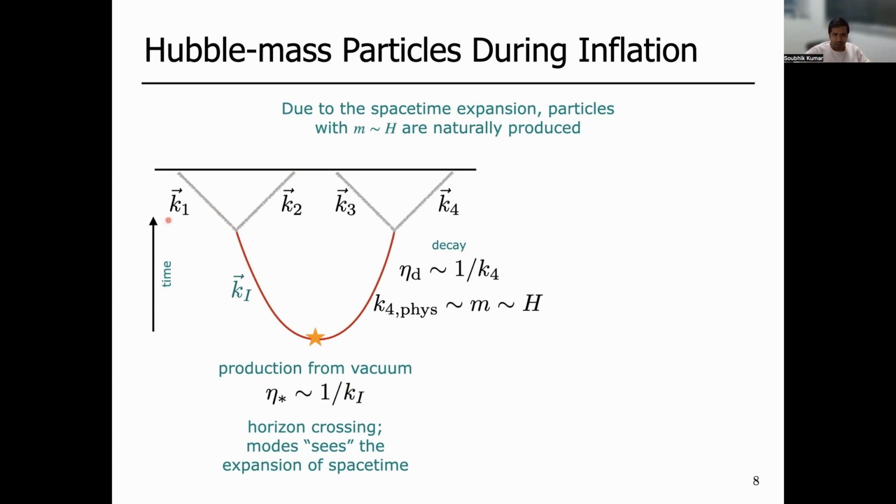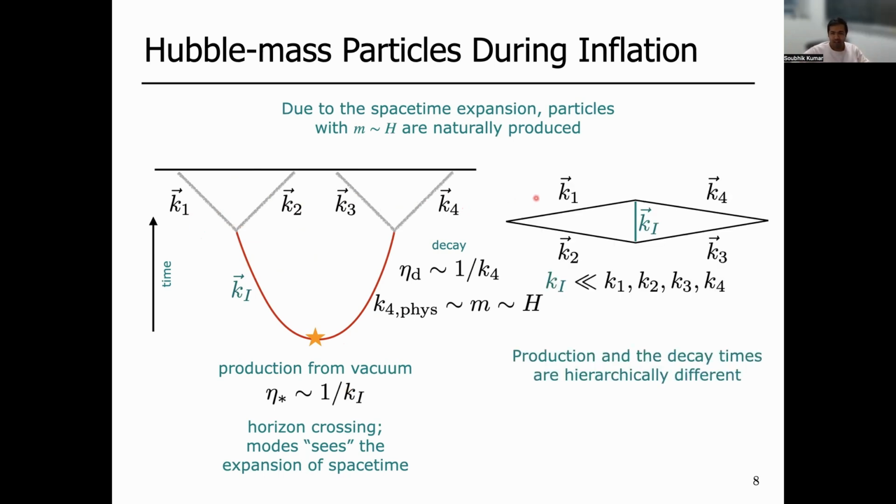So denoting the momentum of these legs as k1 through k4, what you would predict is that there is a non-trivial 4-point correlation function of inflaton fluctuations, and by momentum conservation, these 4 momenta form a quadrilateral. Now, there is one interesting configuration of this quadrilateral, the so-called collapsed shape, which is when the vector sum of 2 of the external momenta is much, much smaller than any of the external sides. So it's like collapsing the quadrilateral.